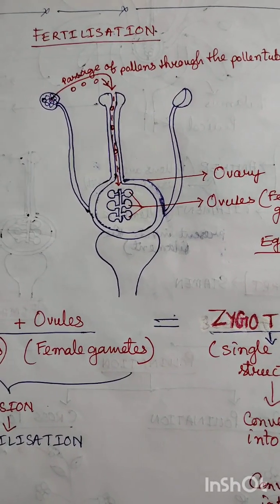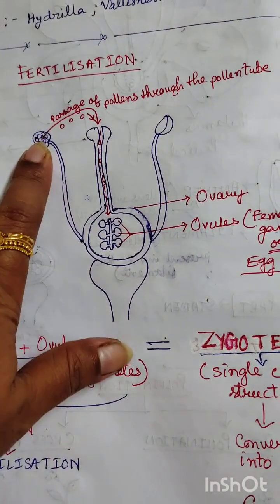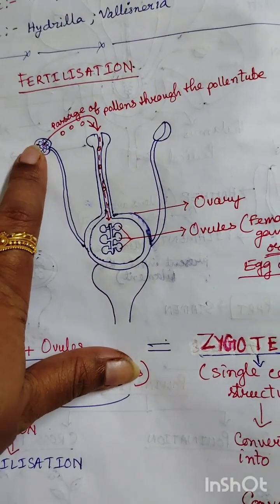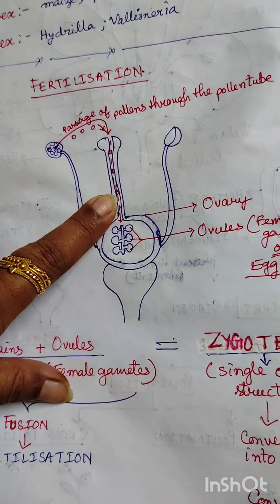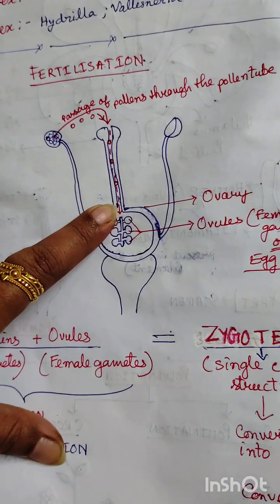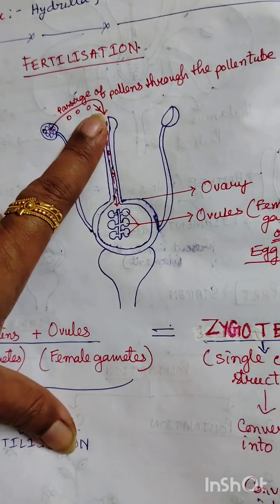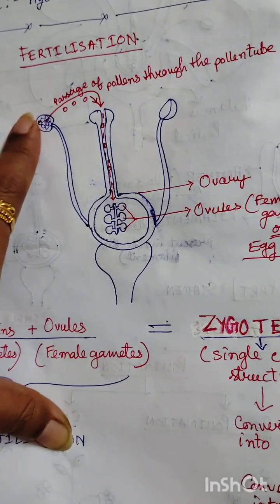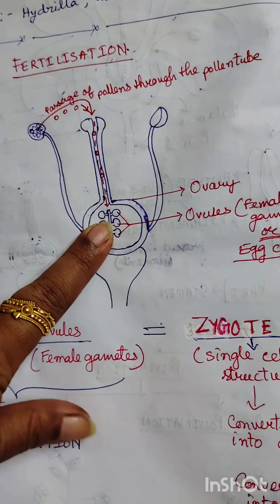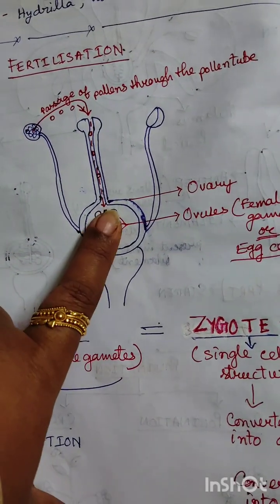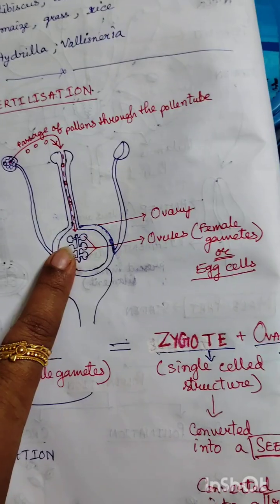See this process from the anther, যখন ওই পোলেন গ্রেনসগুলো সেই যে স্টিগমার মাঝখানে যে আমি একটা প্যাসেজ দেখিয়েছিলাম ফার্স্ট ফ্লাওয়ারের ড্রয়িংয়ে রেড কালার দিয়ে, দ্যাট প্যাসেজ ইজ দ্য পোলেন টিউব। যখন ওই পোলেন গ্রেনসগুলো ওই পোলেন টিউব দিয়ে ঢুকে ওভারির ভেতরে পৌঁছচ্ছে, সেখানে আছে ওভিউলস উইচ আর ফিমেল গ্যামেটস